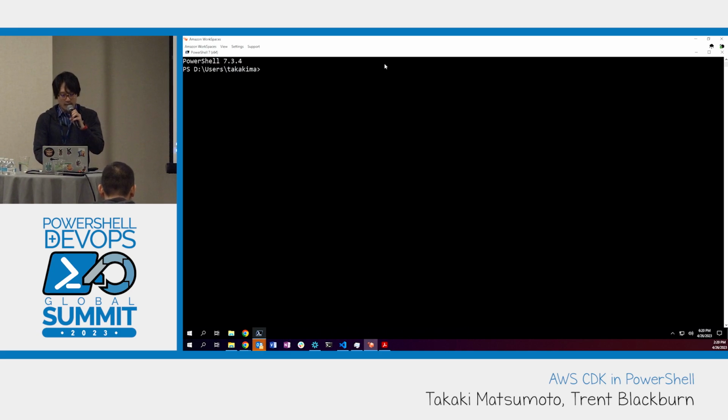I'm not trying to sell another AWS service here, but I'm using Amazon WorkSpaces. If you haven't used it, it's a cool EUC service we have. So I'm running the demo on that, and I have a clean environment. Let me start off with this PowerShell right here. Like I mentioned earlier, the first step I'm going to follow is just